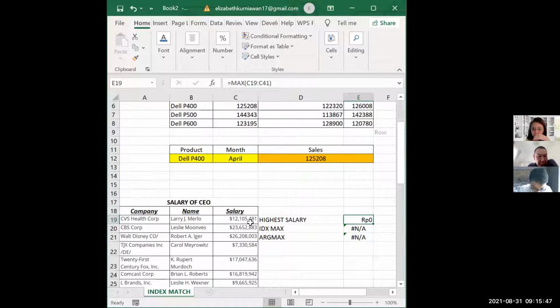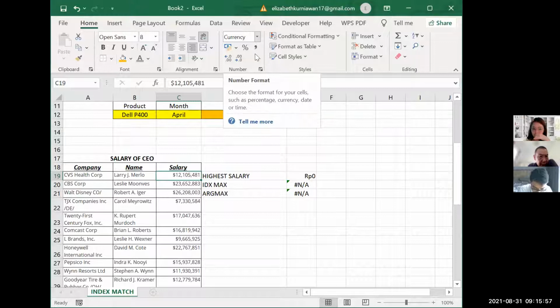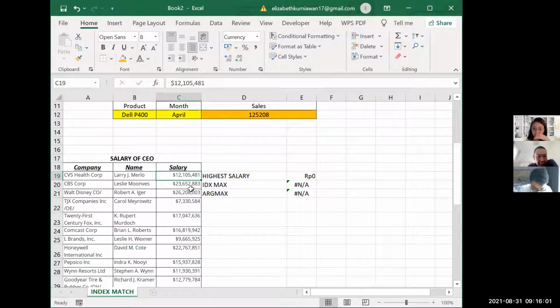I think maybe because this one is in currency. Okay, can I see for max, E19? Max is from C19 to